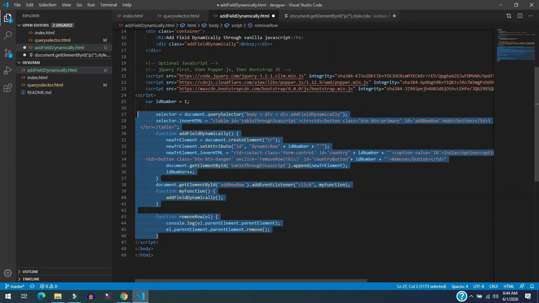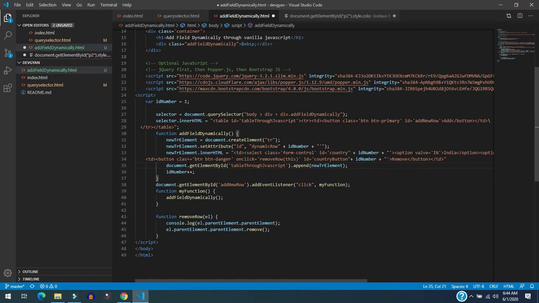So as you can see, in this way this functionality is working, and we are writing here vanilla JS. It means core JavaScript, where there is no jQuery and no framework. So we can achieve all these things through core vanilla JavaScript, but you can see that it looks lengthy because there is lots of code for simple functionality.